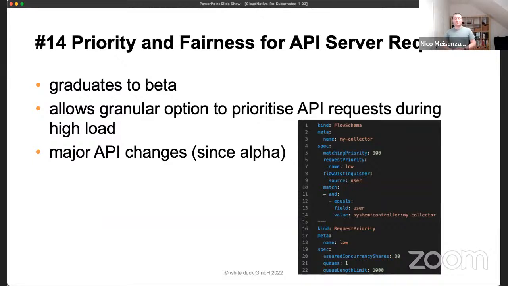Another nice feature is priority and fairness for the API server requests. This one is also graduating to beta, so it's therefore enabled by default. If you have a high workload on your cluster, you can with this granularly define which API requests are prioritized or not prioritized. So as you see in the example on the right, on the lower part, you have the request